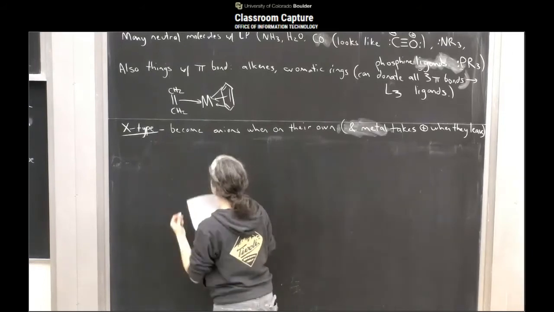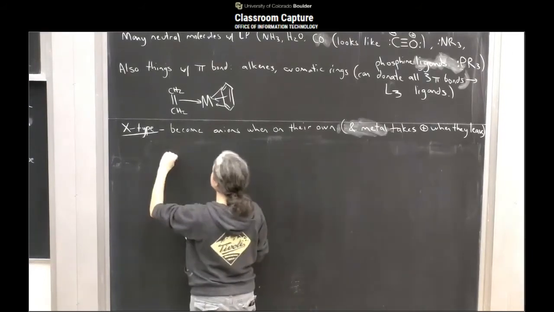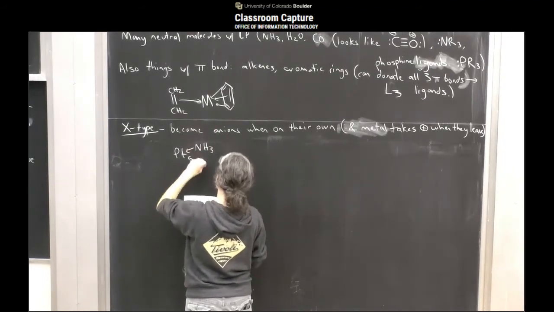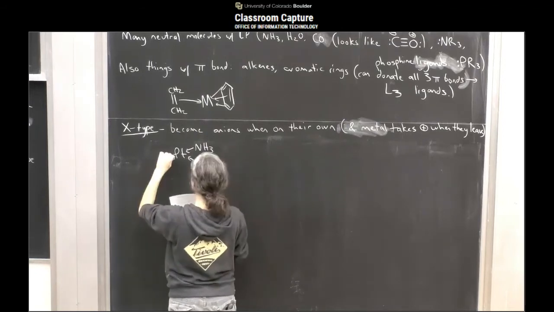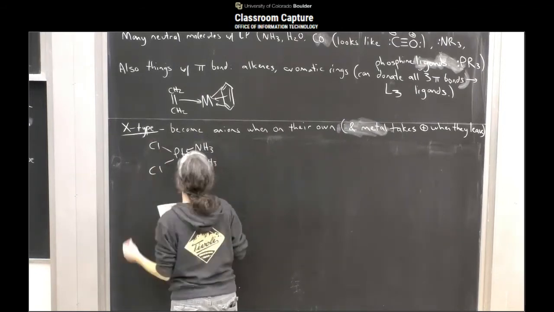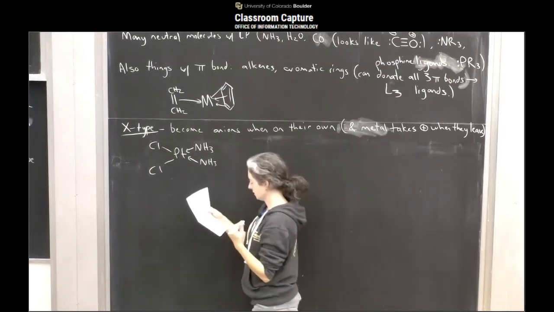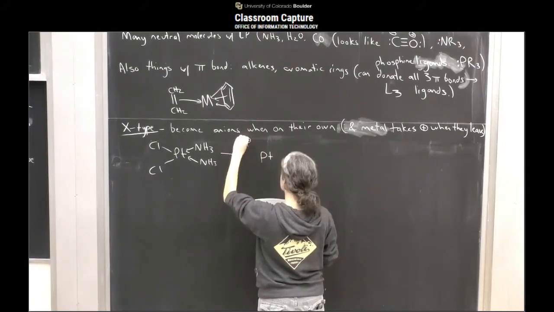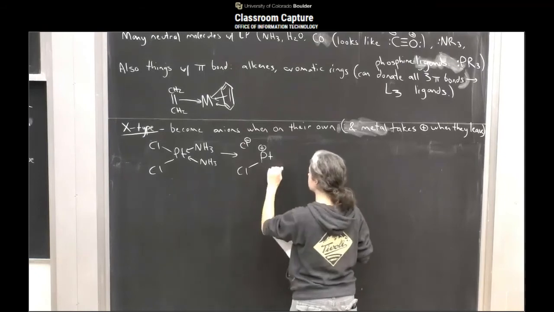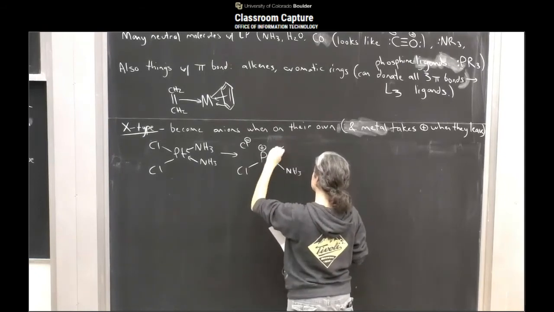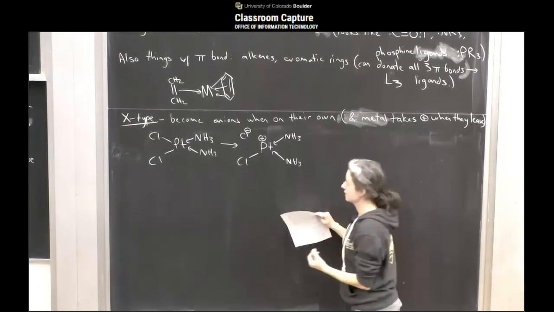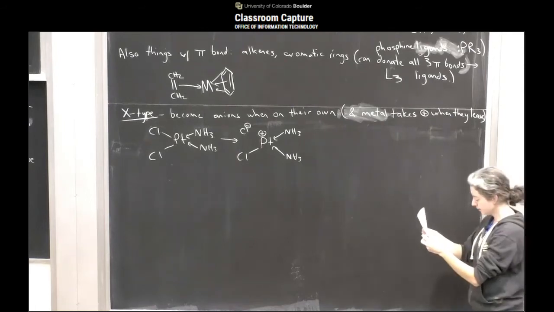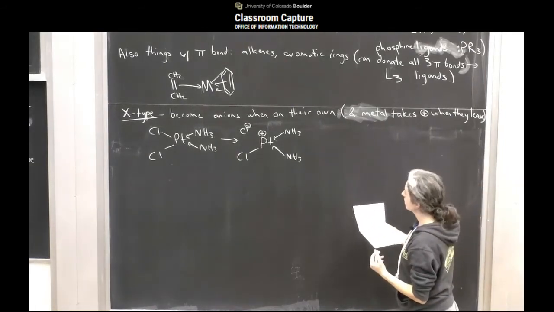Okay, so this is a little bit more like what we're used to seeing for covalent bonds. It's like, again, this platinum thing that I drew up before. If we break off one of the chlorines, we're going to get Cl minus, and then the platinum has a plus charge as a result. Okay, so